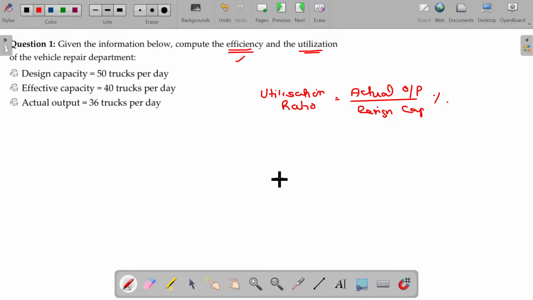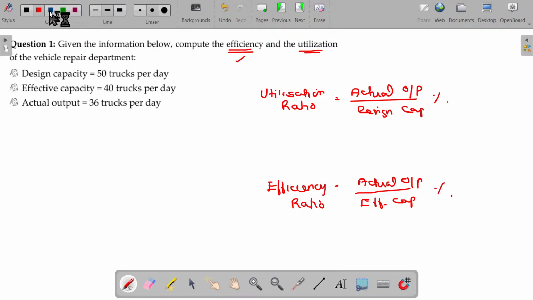In case of efficiency ratio, how will you calculate? Actual output you produced against the effective output that can be produced, the effective capacity,